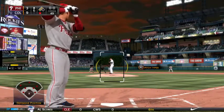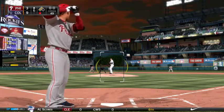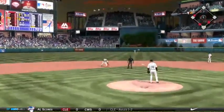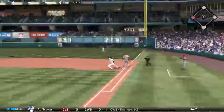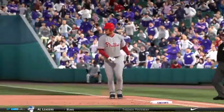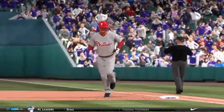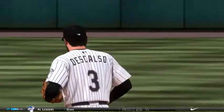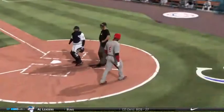And set to stand in the ultra-dangerous Giancarlo Stanton. Bouncing ball back up the middle. Throw to first is in time, but meanwhile, the runner is in to score. And with 2 guys in scoring position, that might not be exactly what he was hoping to do, but he will pick up 1 RBI for his efforts,